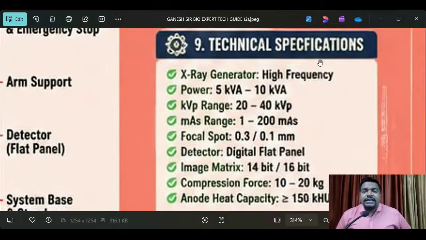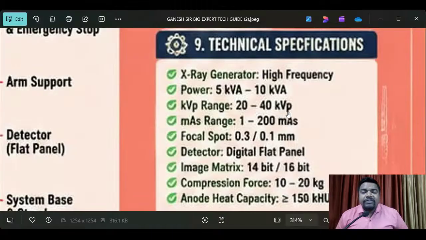Technical specifications here: X-ray generator, high frequency, and power 5 kVA to 10 kVA. These are the minimum ranges you have to keep in mind. Sometimes somebody asks about X-ray. This is also one of the X-ray imaging types, mammography, which is gynecology related. See here, power 5 kVA to 10 kVA, minimum to maximum, and kVp range